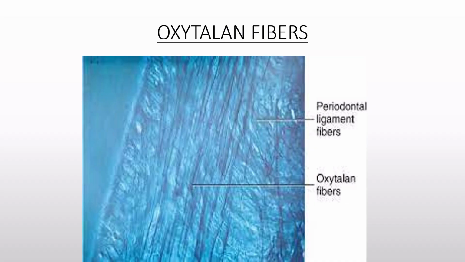The so-called oxytalan fibers run parallel to the root surface in a vertical direction and they bend to attach to the cementum in the cervical third of the root, and they regulate vascular flow. They are shown to develop de novo in the regenerated periodontal ligament. And it consists of glycoproteins, fibrillin 1 and fibrillin 2, forming the microfibrils. These fibrils assembled with the elastic core are called elaunin, the immature form, and elastin, which is the mature form. The principal fibers help in adapting to the physiological needs of the